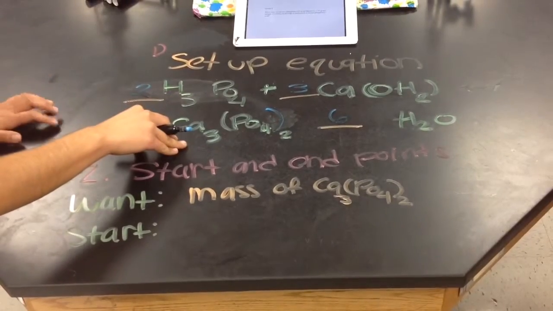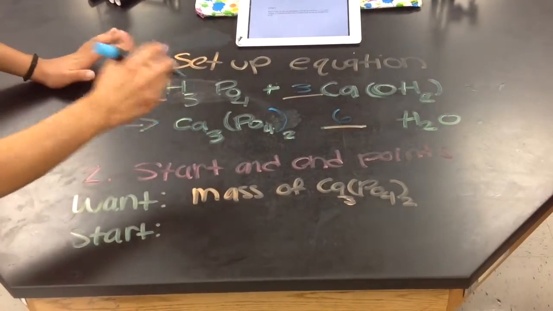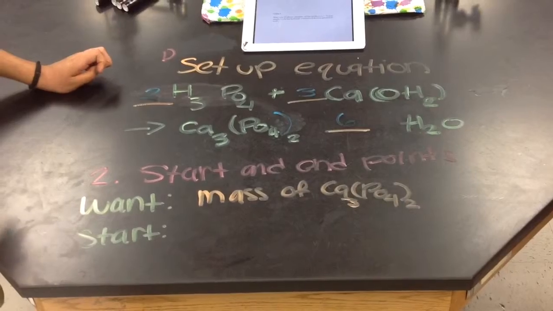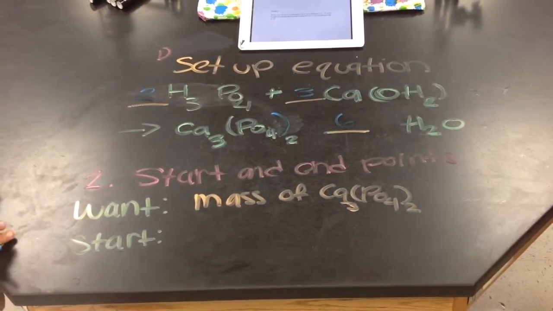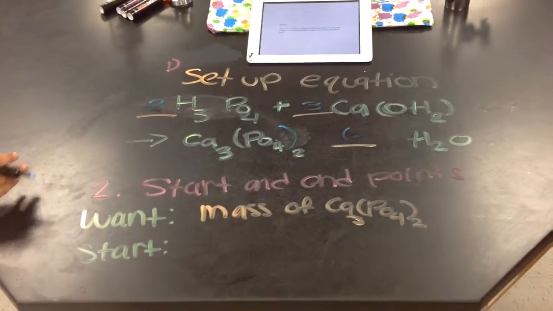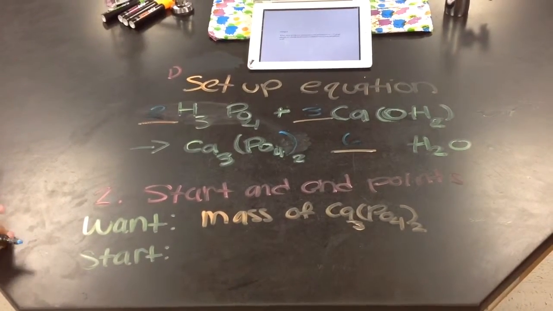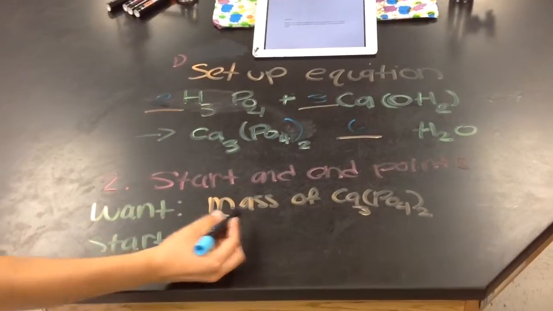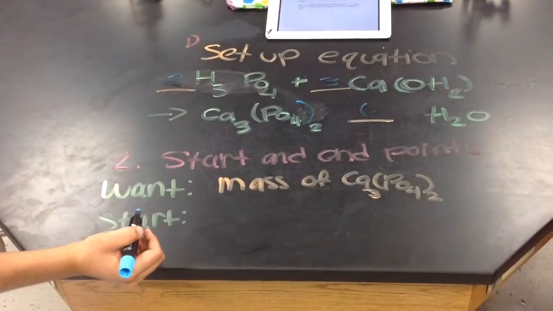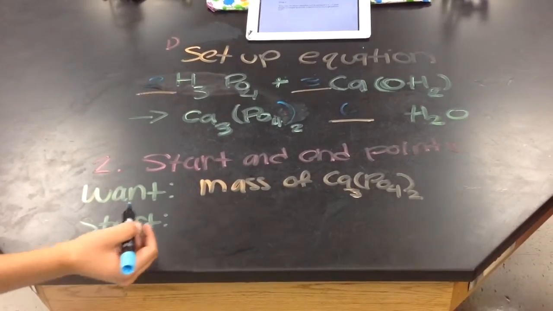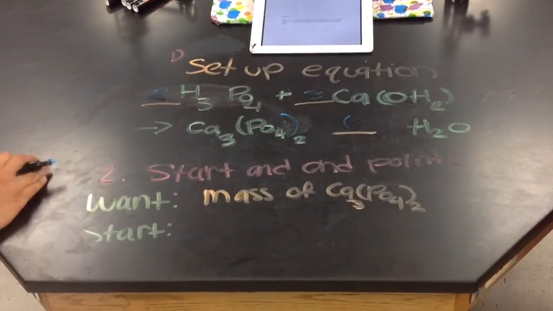So as soon as we have our equation balanced, we're able to tell what molecules we want and the molecules that we have in our equation. Before we do this, we need to have our start and end points. So our want is the mass of calcium phosphate, correct? Our starting point would be calcium hydroxide, because this is a